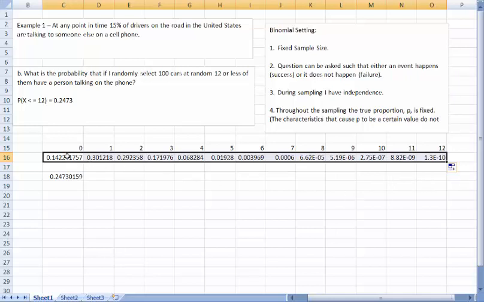So the chance of observing 0 is good. But let me do that again. I goofed up something. So let me show you